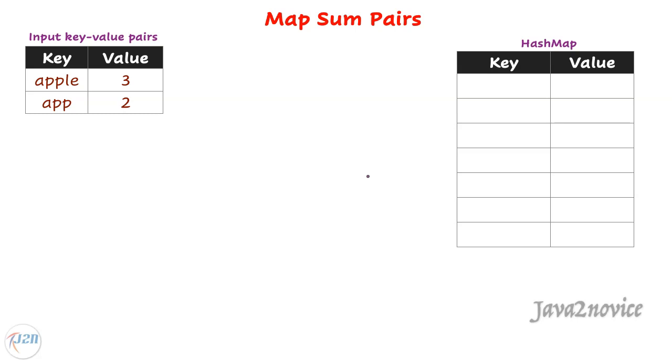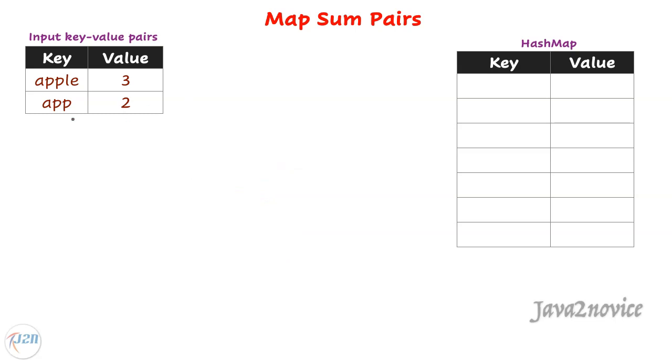The hash map insertion time complexity is always constant, which is order of 1. But in the sum function, we are iterating over all the keys and looking for a prefix match. It is order of n for iteration, and overall it is order of n multiplied by L, where L is the length of the prefix. We will discuss another approach which improves the sum function time complexity further.